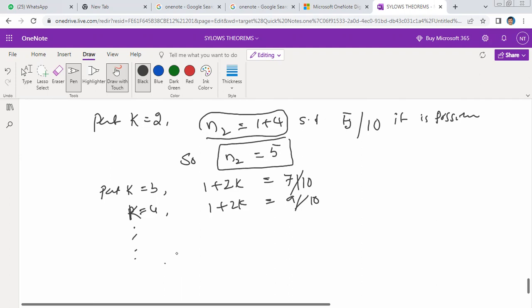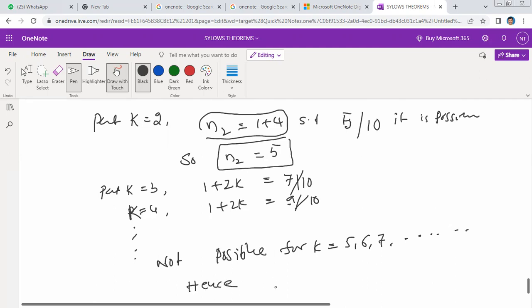Not possible for K is equal to 4, 5, 6, 7 and so on. The number 9 has already been crossed here. When we take K equal to 4, we got 9. Bigger numbers will not be divisible. Not possible. Hence,